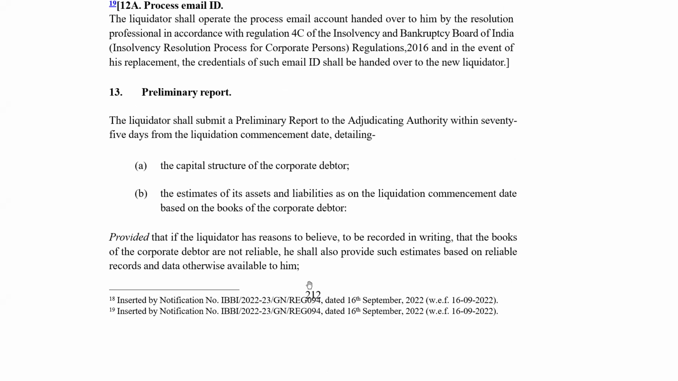ठीक है। अगर उसको लगता है बुक्स रिलायबल नहीं है, तो he shall also provide such estimates based on reliable records and data otherwise available to him। देखो 75 days में बनानी है, तो क्लेम्स भी आ गए होंगे, उनका प्रूफ भी आ गया होगा, उसने वेरीफाई भी कर लिया होगा, तो उसको पता चल जाएगा कि बुक्स में क्या है और क्लेम्स में क्या है। अगर क्लेम्स कुछ अलग ही आ रहे हैं, बुक्स में कुछ अलग ही है, तो पता चल जाएगा कि बुक्स तो बेकार है, तो फिर इस बेसिस पे वो प्रिलिमिनरी रिपोर्ट बना देगा। बनाना क्या है बेसिकली, एसेट्स एंड लायबिलिटीज, कैपिटल स्ट्रक्चर। ठीक है।